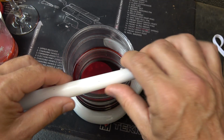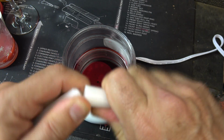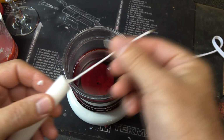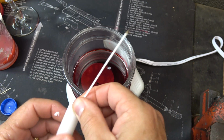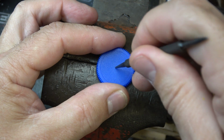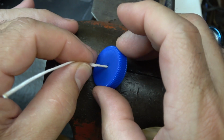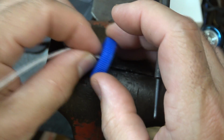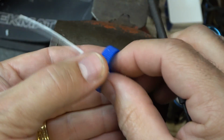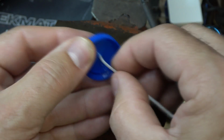Now you can buy wick separate, but I'm going to go ahead and just break a piece of this off, and then I should be able to pull this out like that, and this gives me a long piece of wick. Go ahead and trim this up. Now you can use different things, and I'm going to take this bottle cap, just put a hole in it, there we go. Now I'm going to pull the wick all the way through and then just kind of fold it over